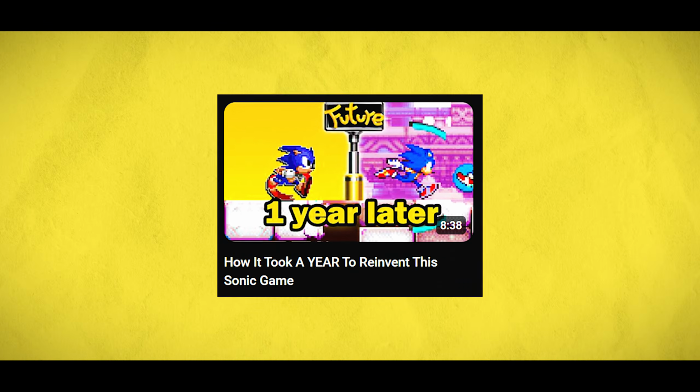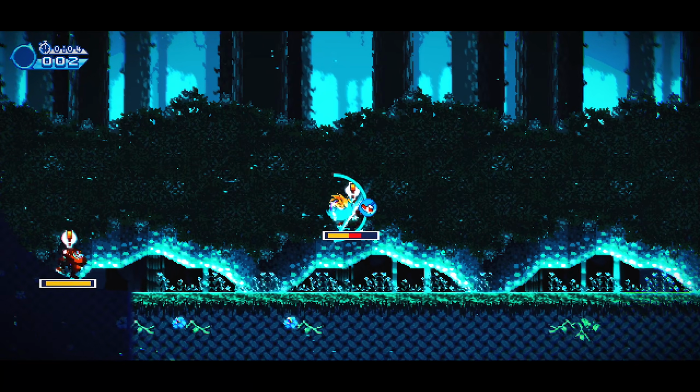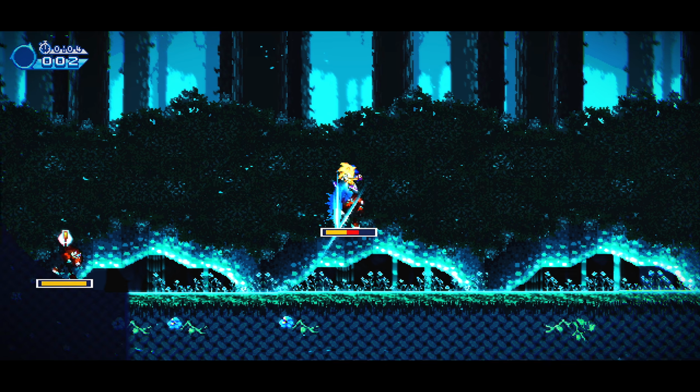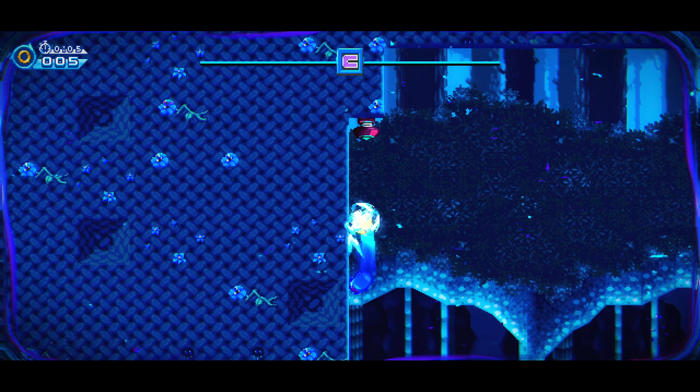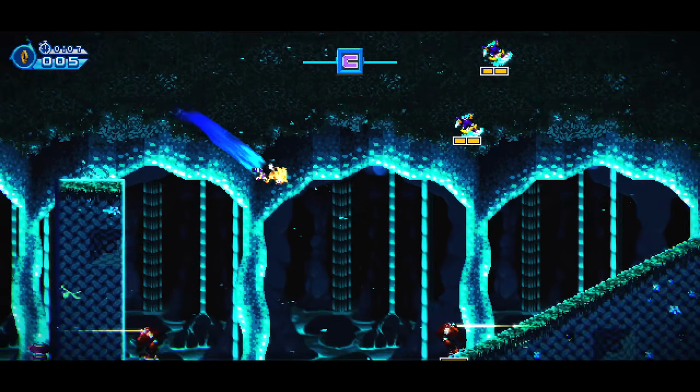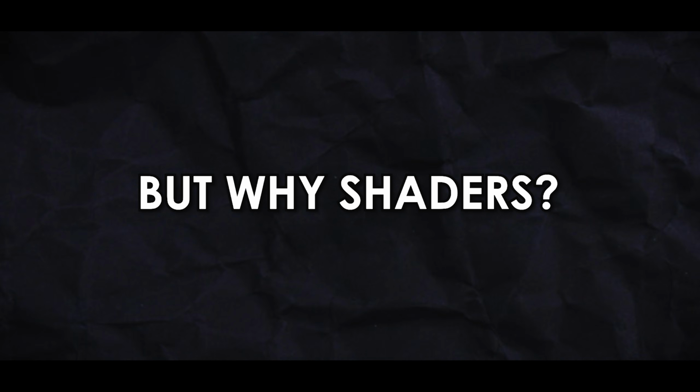As discussed before, one of the golden rules I have for this game is to keep things optimized, as to let even the oldest of PCs be capable of running it, because not everyone has access to the more premium and latest tech. On top of that, it's a 2D game, so it's really not going to be game breaking to begin with. But there were a few things that I needed to optimize to be able to get that smooth 60 FPS. For one, I needed more shaders,